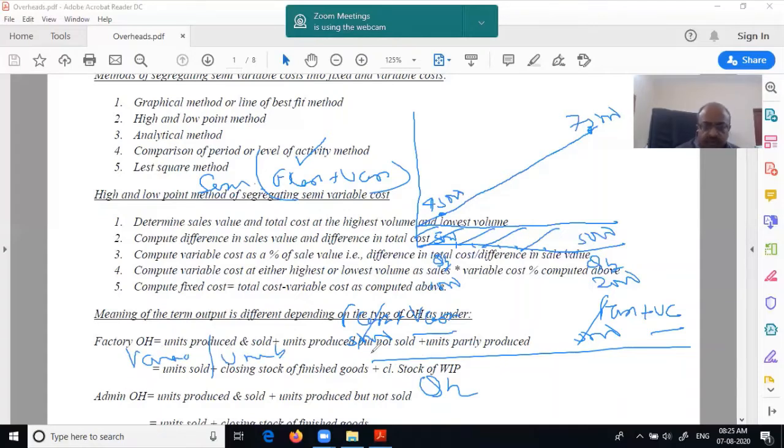So try to understand that at the two levels you take, the fixed cost remains the same at both places. Suppose this is the highest point cost and this is the lowest point cost. If you take this minus this, the 5,000 gets cut. What will remain is the variable cost only, and the quantity at this point and this point. When you take that, you are dividing the variable cost change by the quantity change. Therefore, you get variable cost per unit. This is one fundamental thing you need to understand. It is an easy way of calculating. That's the high point, low point calculation.